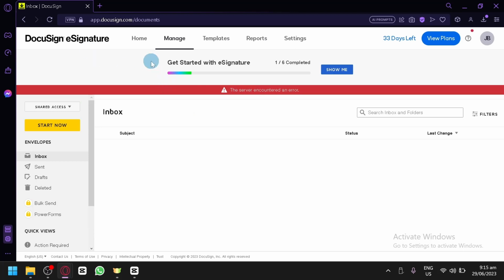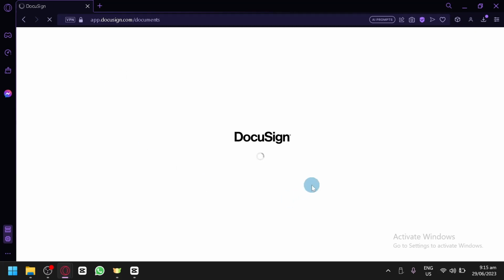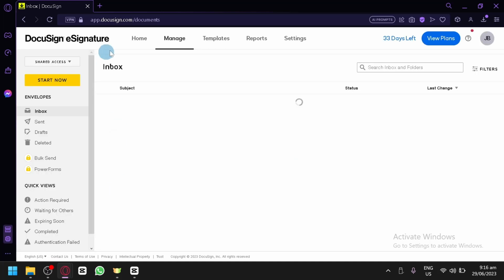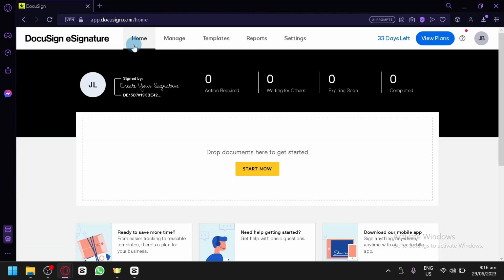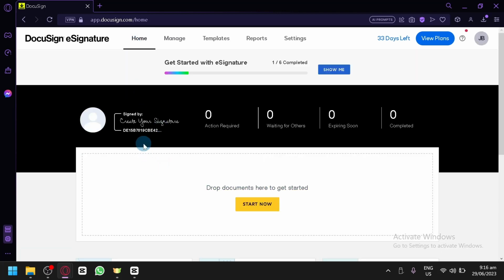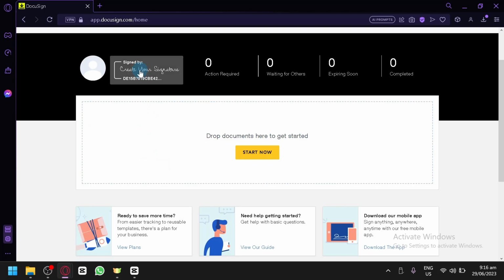And the server encountered an error, so let's try and refresh our Docusign over here. And let's see if we will be able to fix the error happening right now. Let's give it some time to load, and we will check out and try again when we send another document. Now let's go back to home and see if we will be able to do it once again. There seems to be an issue with Docusign right now, so let's bear with it and create our document